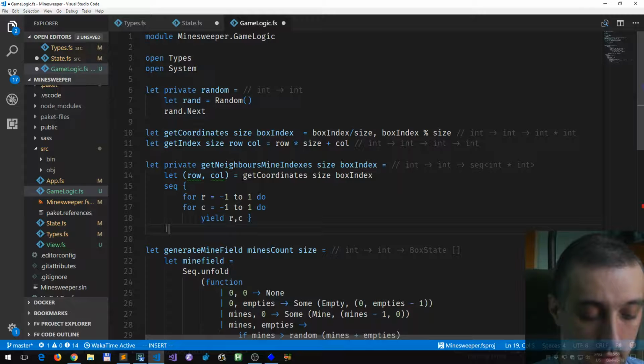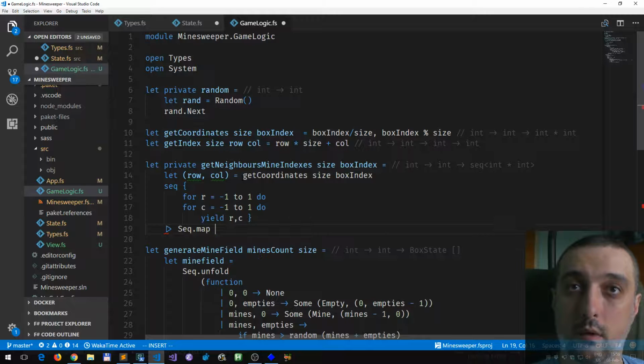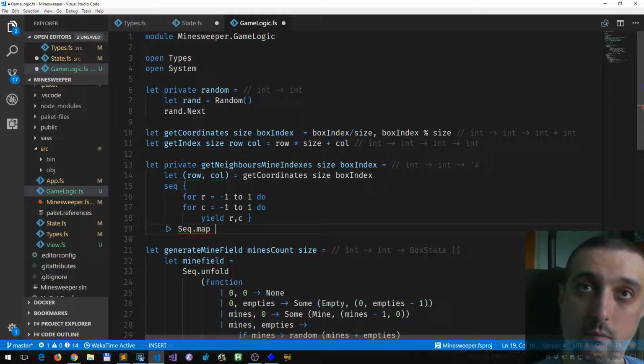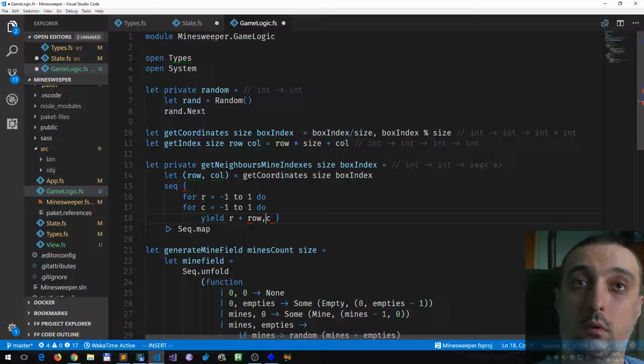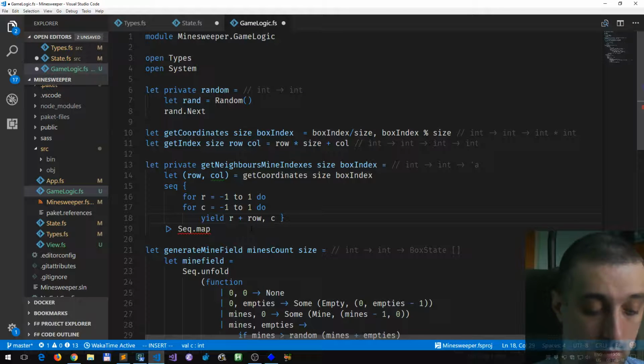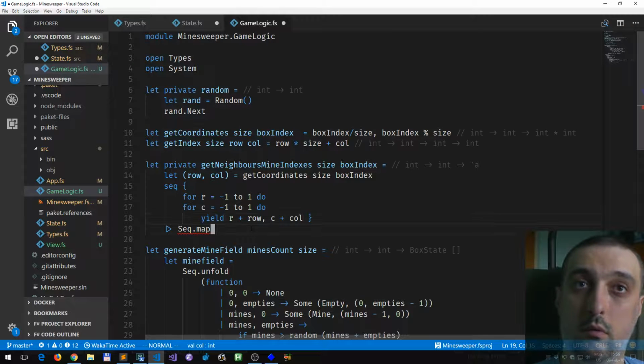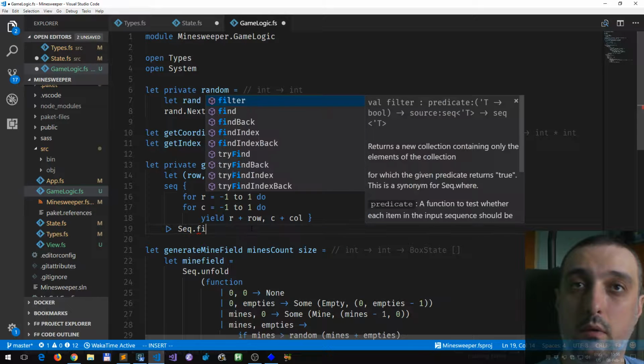And with that sequence, I want to, actually I can do it directly here. Okay,